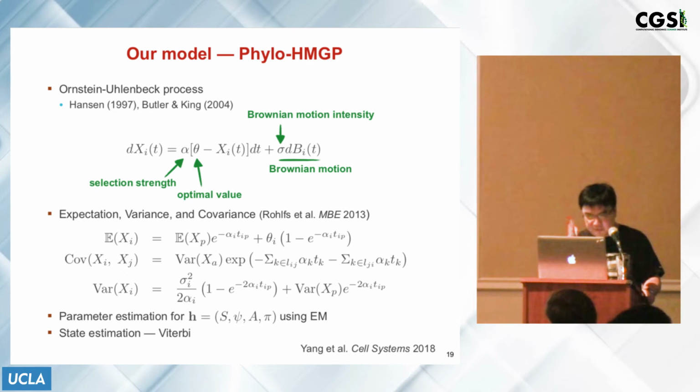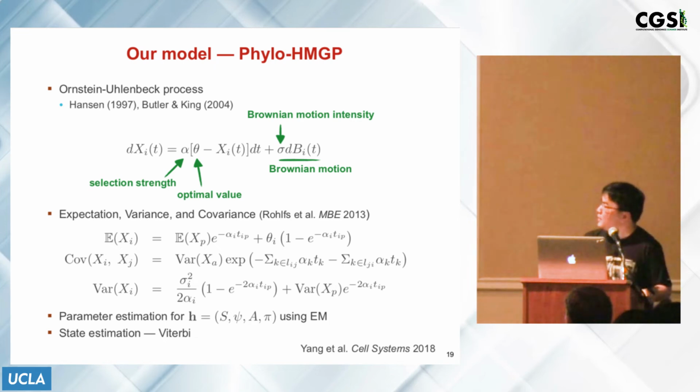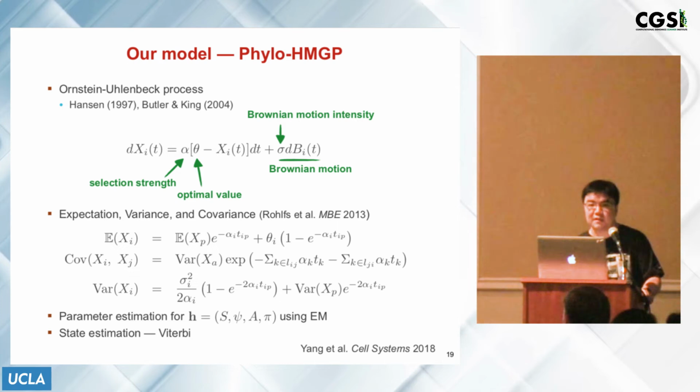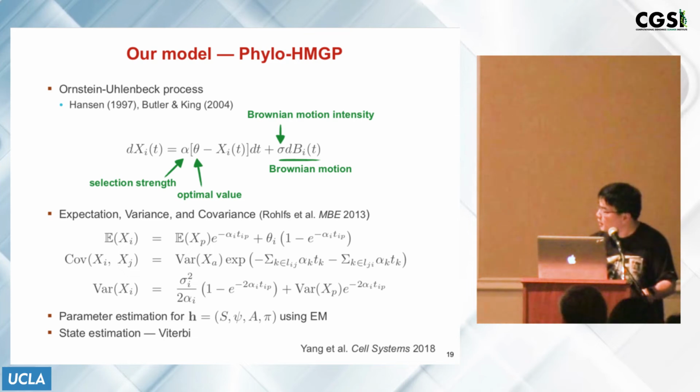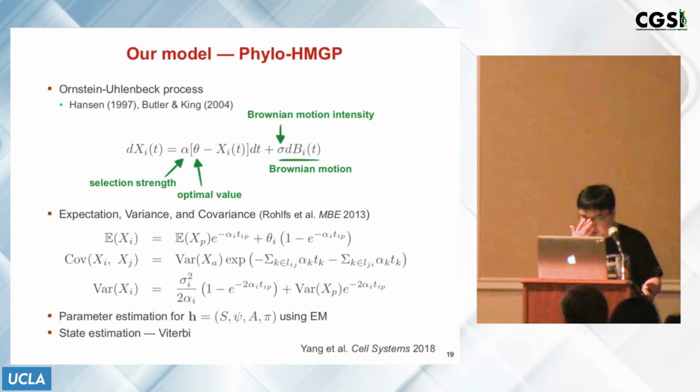And the model itself is a combination of a deterministic part and a stochastic part. The stochastic part is the Brownian motion part, and the deterministic part is this part that represents the tendency of a random walk to move back towards the optimal values. So this Brownian motion can be considered as a white noise here. It's the random variable. The derivative dBt here is